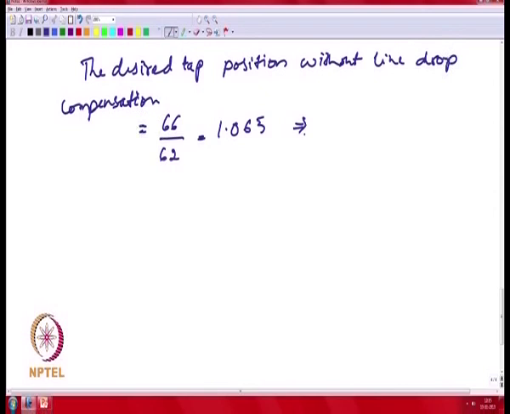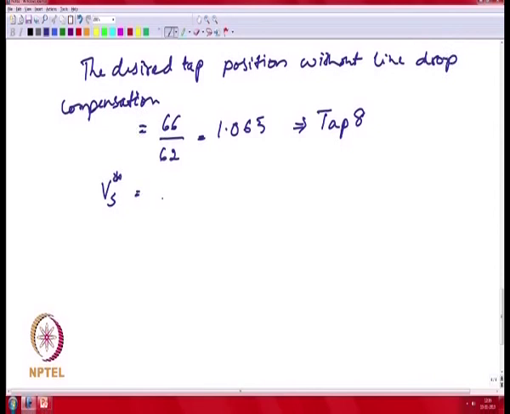So, if you look at what is the closest to 1.065. After 1.06 you have 1.08, which is tap 9. So, this would correspond to tap 8 being the closest tap, and your Vs star